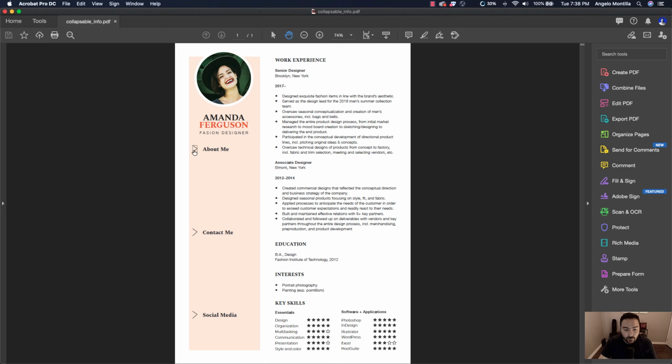Otherwise, these buttons, the collapsible buttons or the hyperlinks that we set up, may not work when the PDF opens in a web browser straight from an email. So just let the person know who you're sending this to that it's best that they open it in Acrobat Reader or Acrobat Pro.